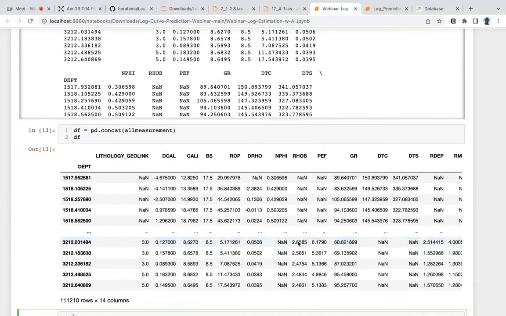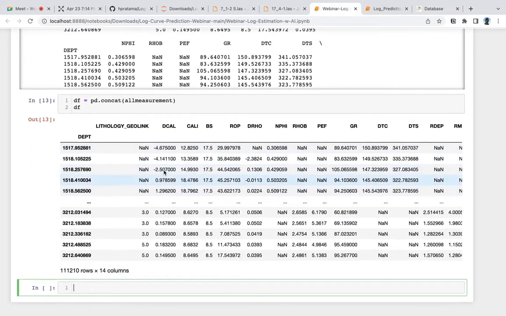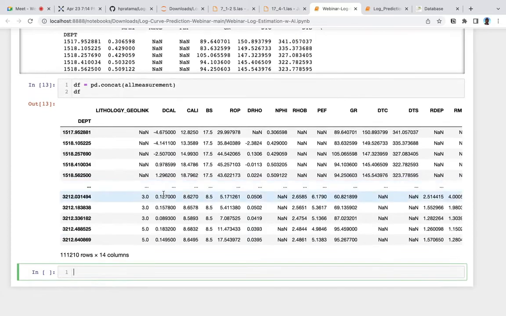Alright, we get it in here. So all of these data frames we concat into one single data frame. In this data frame we have 10 well log data that we want to assign as our input and output to build our dataset, or to build the machine learning model.